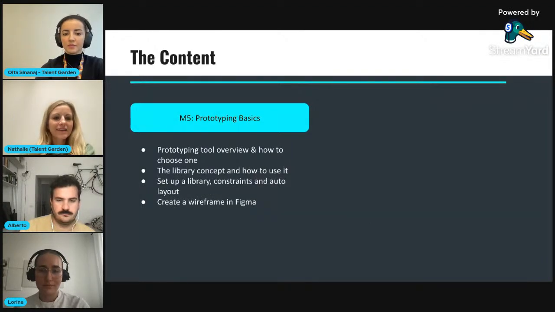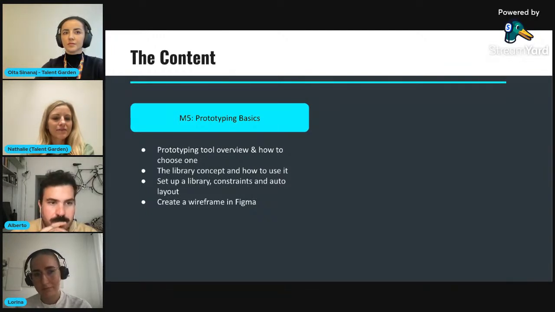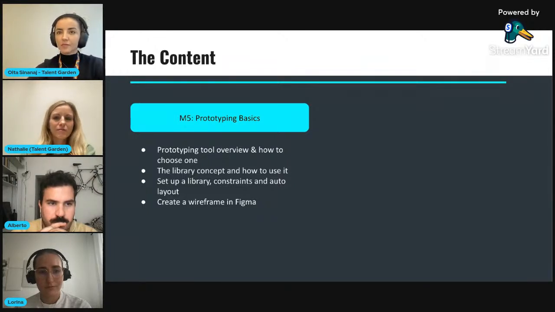Then when it comes to prototyping, you will get an overview of what prototyping tools are out there and how you can choose one. You will also learn more about Figma, here about the library concept and how to use it. You will already set up a library and constraints and auto layout and so on, and create a wireframe in Figma. So if you're not familiar with Figma, you don't know what I'm talking about, but the whole goal is